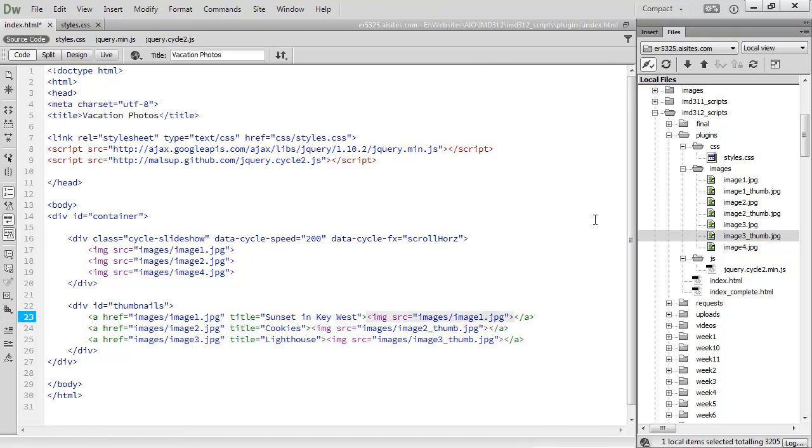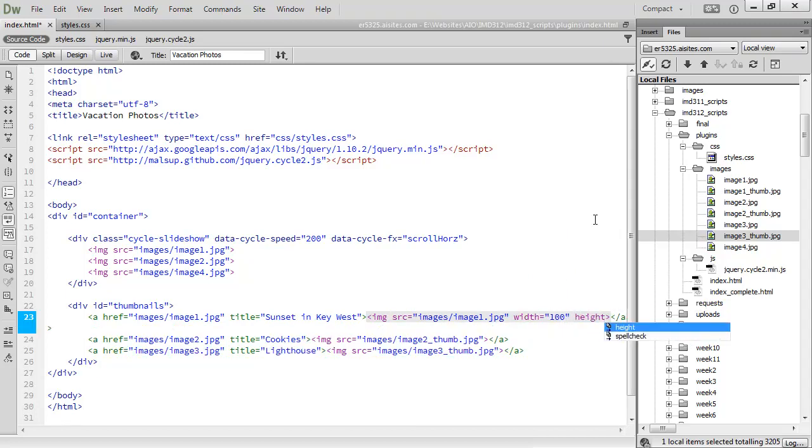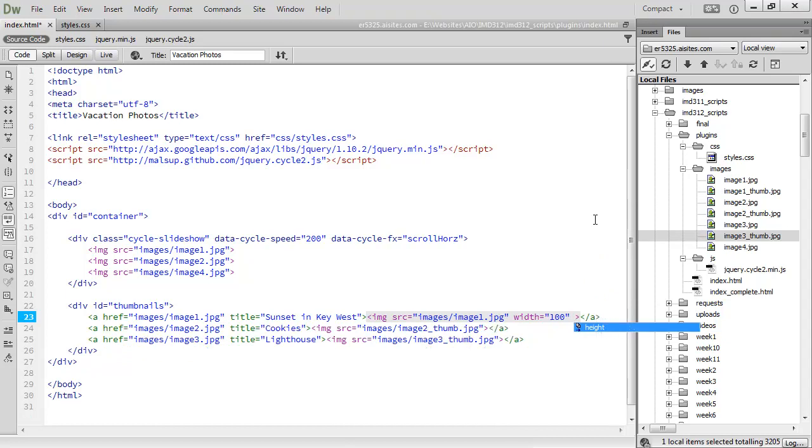Some people take the large image and just do something like this, where they do, okay, here's my large image, and then I'm going to set the width to something small like 100 and the height equal to 100. This is really not a very good way of doing it. You should definitely go into Photoshop, create actual thumbnail images that are the size that you want to show them at,